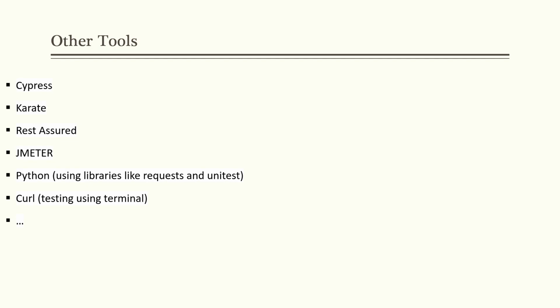For example, using Python, you can use libraries such as requests and unittest. If you want to do just a quick test, like sending a get request to Google to get some information,